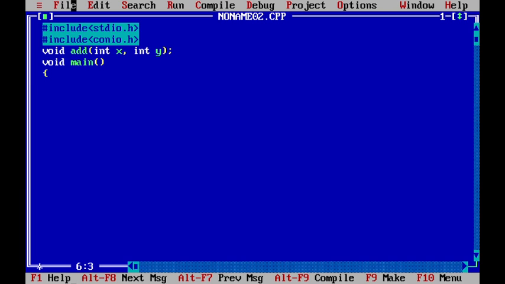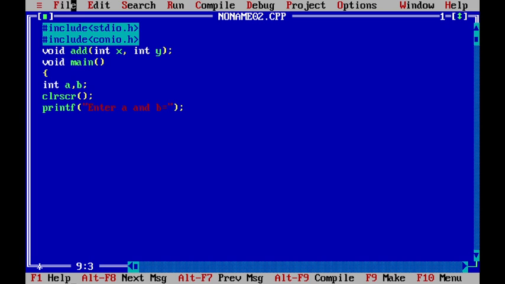Next, integer a, b, then clear the previous output, printf enter the values of a and b.